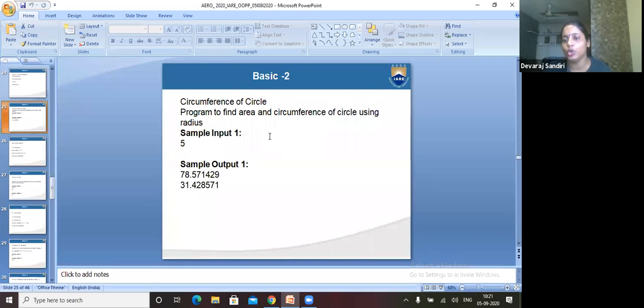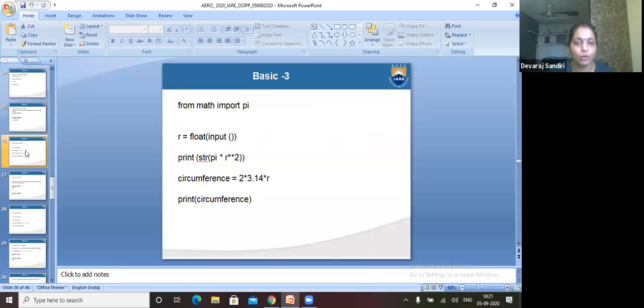Circumference is 2 into pi r. 2 pi r. Okay, good. Area is pi r square. Circumference formula is 2 pi r. See here, integer is given, but our output we are getting as float. See here, I wrote math. As I told you, we have to import from math, then we are not getting errors. Any exception errors we should not get from our system.